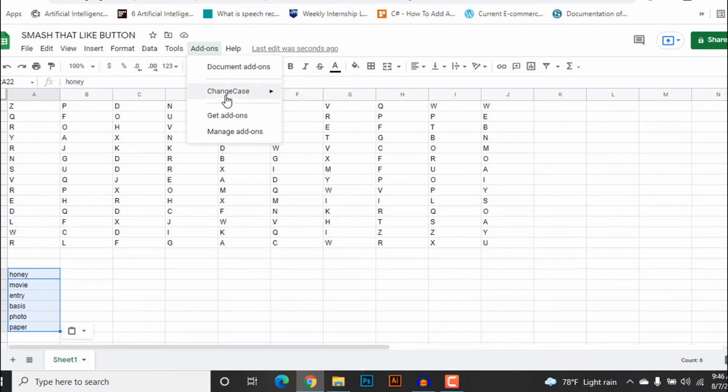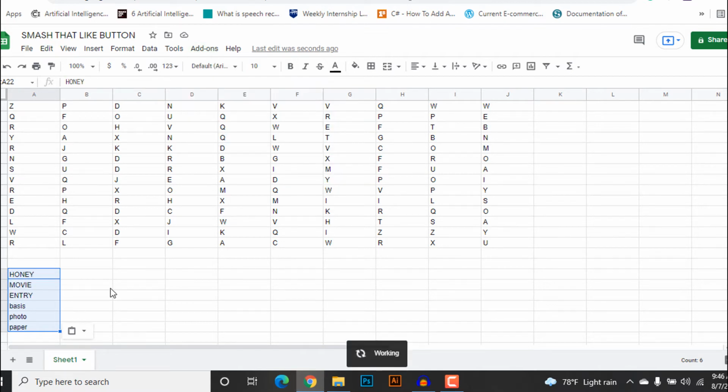So I have installed this add-on to change the case, which automatically changes all of the characters to uppercase letters.